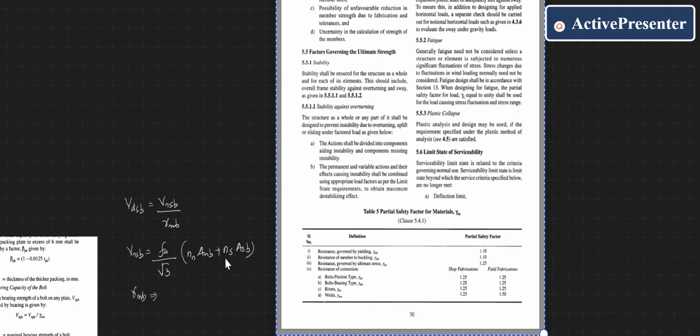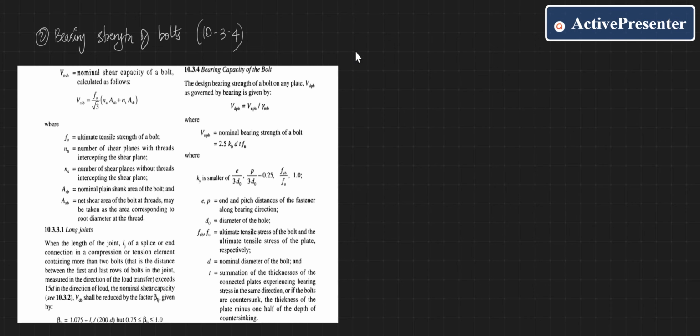You'll get this from table number 5. Now the next is the bearing strength of the bolt. It is given in 10.3.4, page number 76. You could see here the bearing capacity of the bolted joint. That is, the design bearing strength of a bolt on any plate, VDPB, as governed by the bearing, is given by